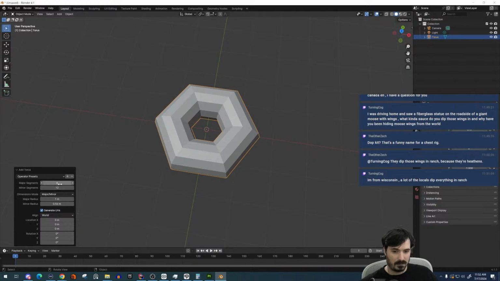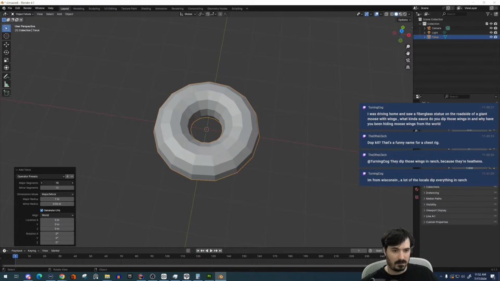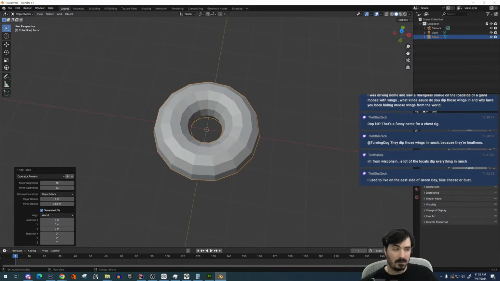So the reason you don't want this is that, for starters, things that are high poly are very slow to render, and they're very hard to work with if you want to tweak the shape of it. But also, as you learn and grow with 3D, you'll discover that it is a lot easier to add resolution to something later on, but it's very difficult to take it away if you've